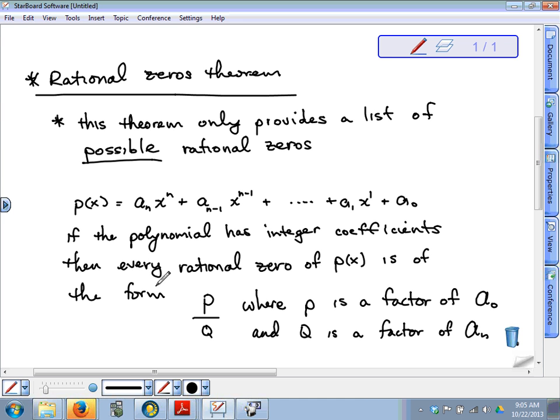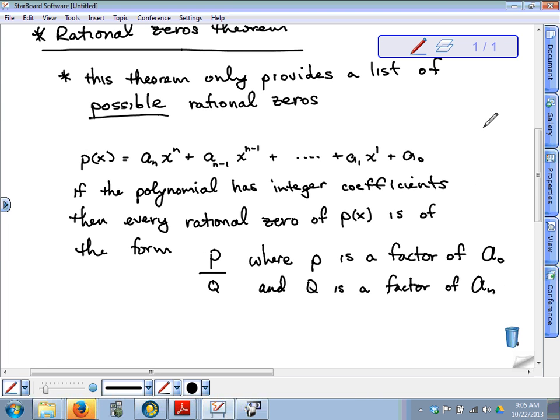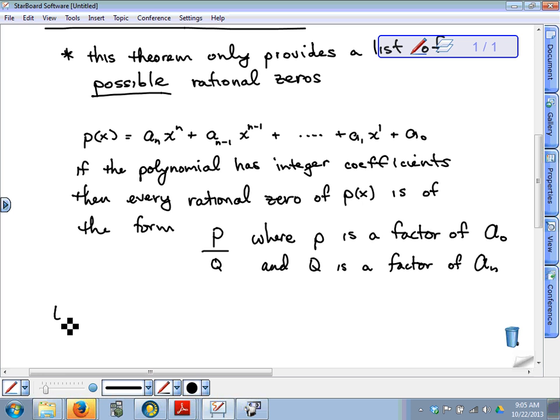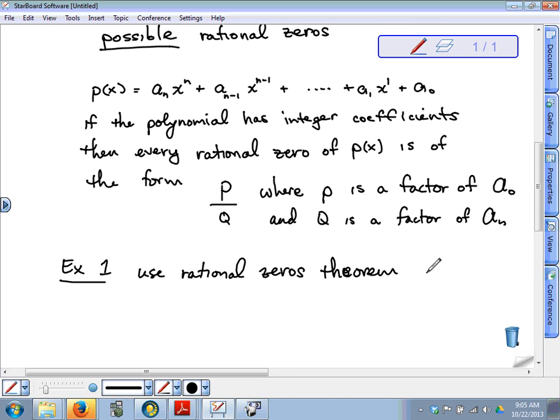Again, just reading a mathematical definition is hard to make sense of. Once you see how it's used, it might make a tiny bit more sense. But that never makes total sense. Example 1. Use the rational zeros theorem for the polynomial,